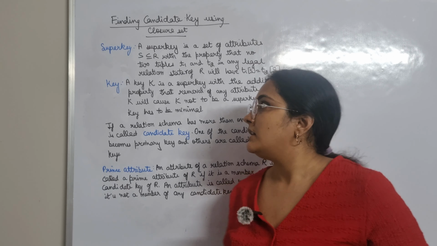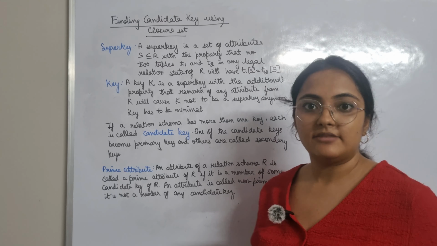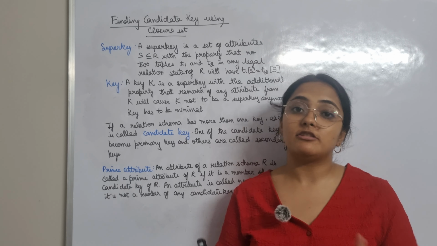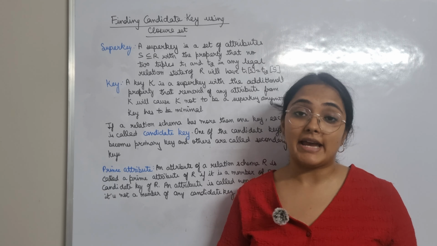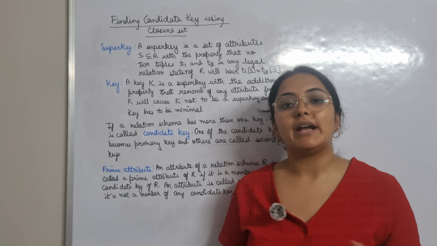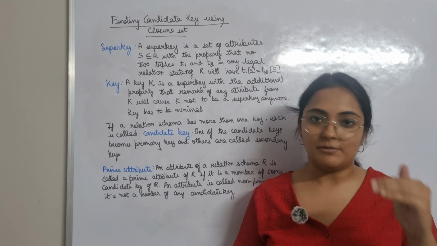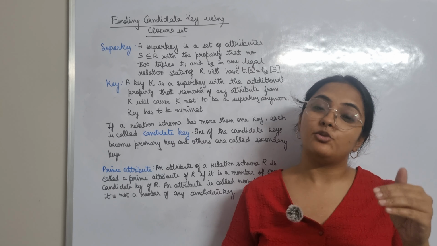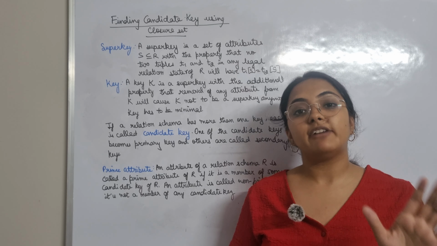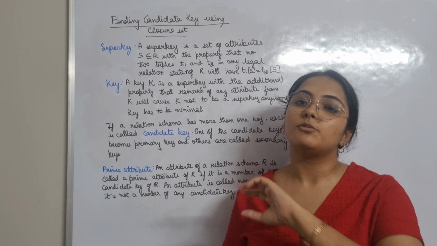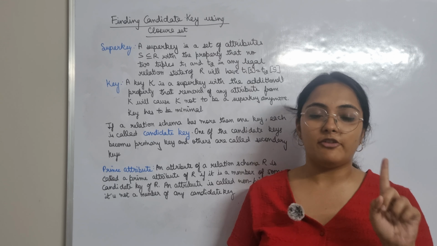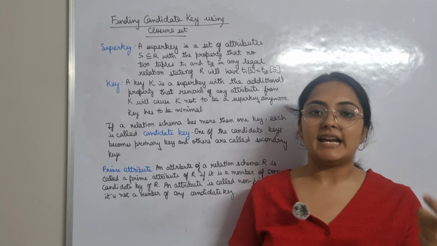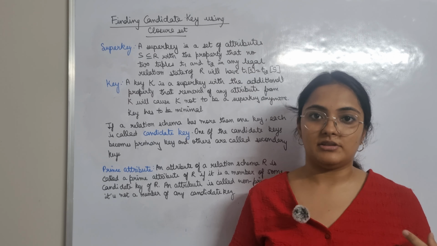Let's begin. So what is a super key? Let's first talk about that. A super key, why is it used? We have also studied in the previous videos why it is used. Super key is used to identify each tuple in the relation schema uniquely, right? It is the set of attributes whose value, if it is given, we can find out the value of all the attributes in the relation schema for one particular tuple. So that is a super key. Super key is used to uniquely identify each tuple in the relation schema.